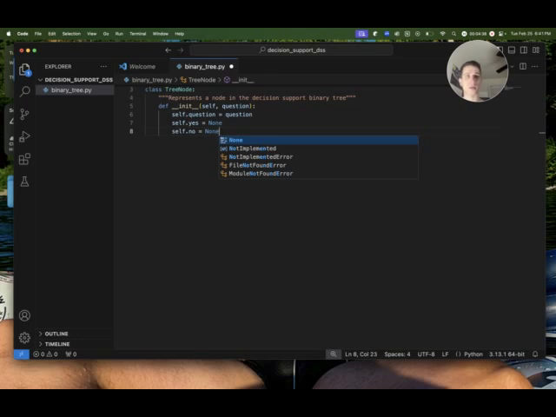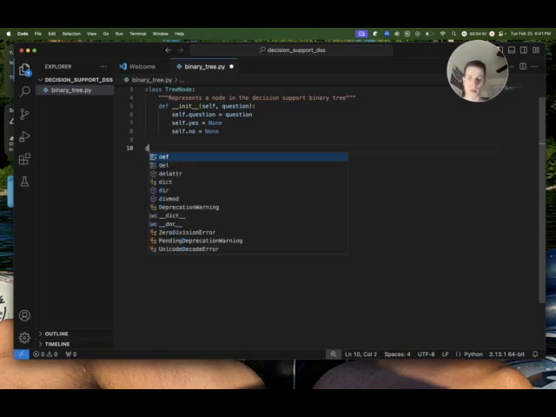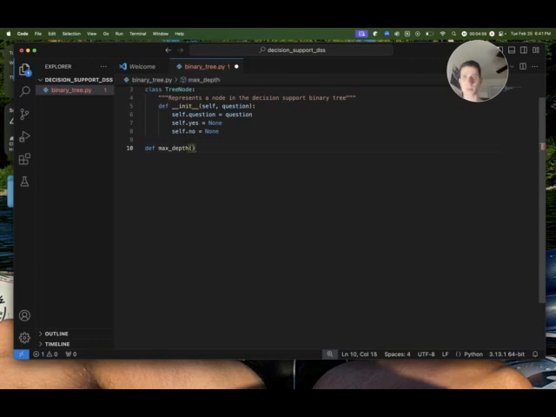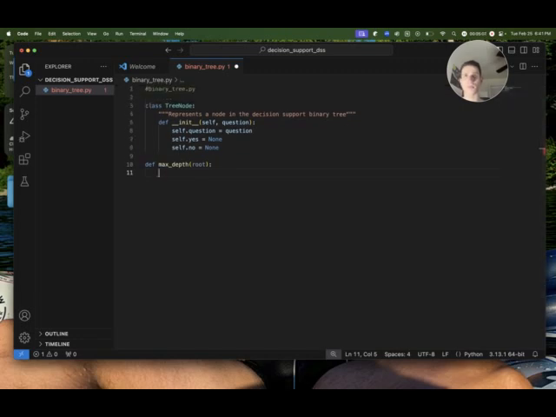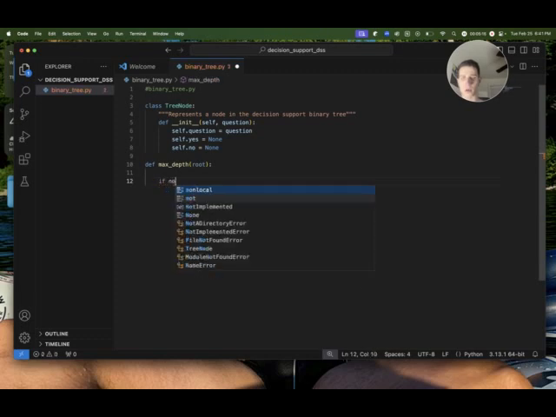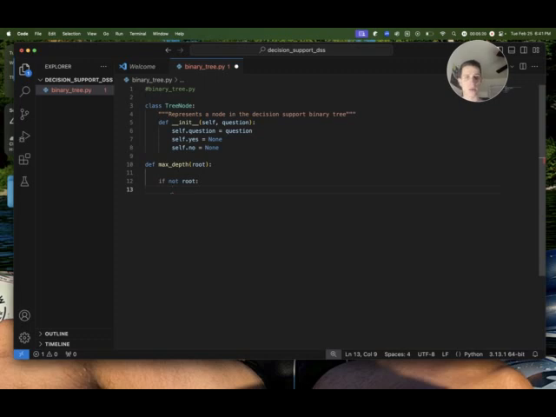Now we're gonna define the function that's gonna calculate the max depth, and it's gonna pass a root. And the first thing that we wanna make sure is clear: if not root, so if the tree is empty, return 0. Otherwise, depth equals